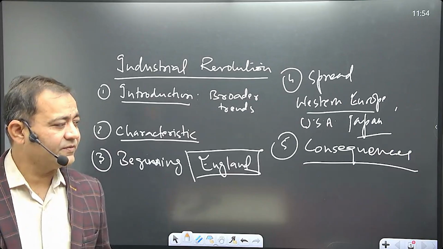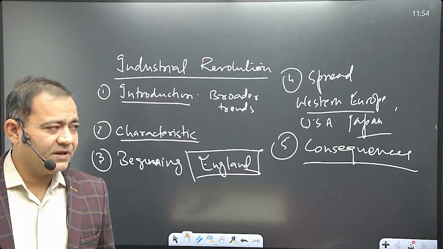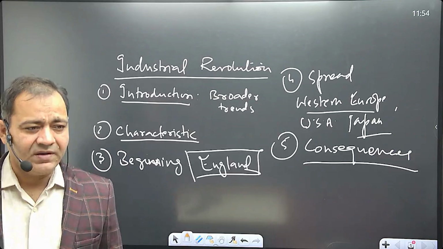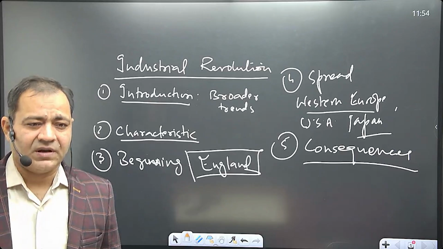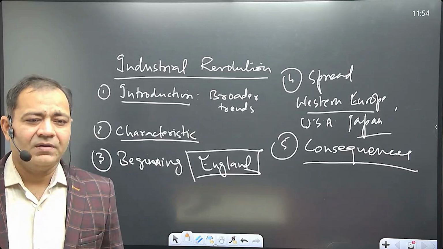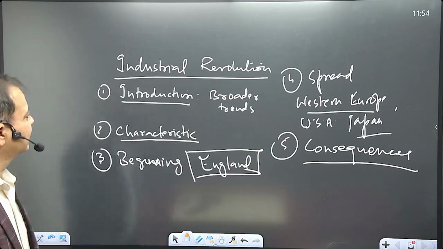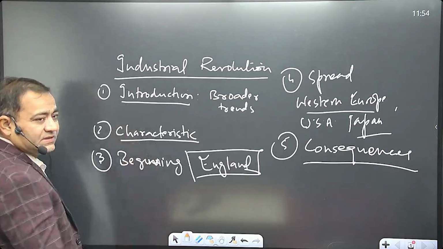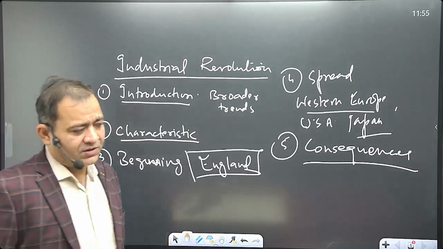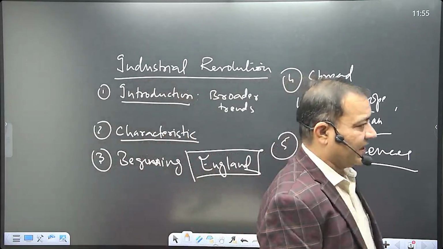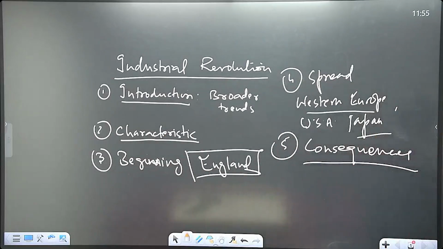No doubt, no confusion. So let us begin and let us make a heading: industrial revolution, and then we can proceed to write a few lines. We are going to follow the same sequence. Is this understood? It is not important for you to make headings and subheadings the way I have made them on the board. You can just keep changing paragraphs and understand on your own which part is being discussed. Is this understood? So, right,